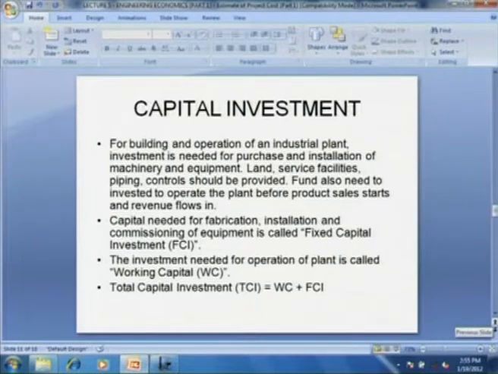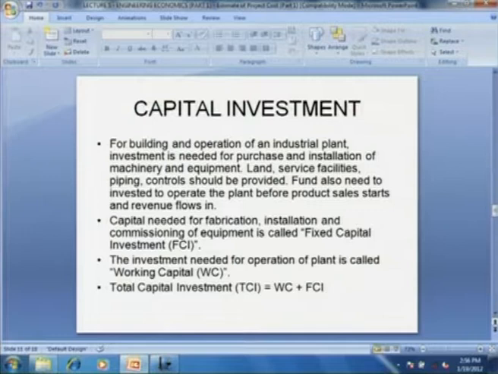For building and operation of an industrial plant, investment is needed for purchase and installation of machinery and equipment. The traditional economic definition of capital is stock of accumulated wealth. In an applied sense, capital is saving that may be used as the owner decides. One use of the saving is investment, that is, to use the saving to promote production of other goods instead of being available solely for purposes of immediate enjoyment, or with a view of obtaining further income or profit.